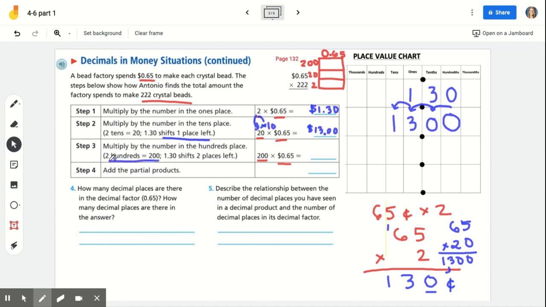200s equals 200. $1.30 shifts 2 place values to the left. So if we're going from 2 to 200, that's times 100. And since we already have our answer here, going from $1.30 to 100 times as much, all we have to do is use our place value chart and shift these digits 2 place values to the left. And again, why the left? We're getting larger. The 1 in the one place value is going to move